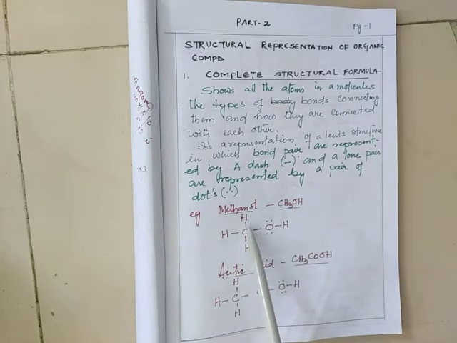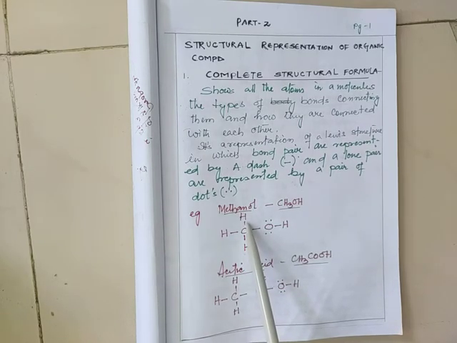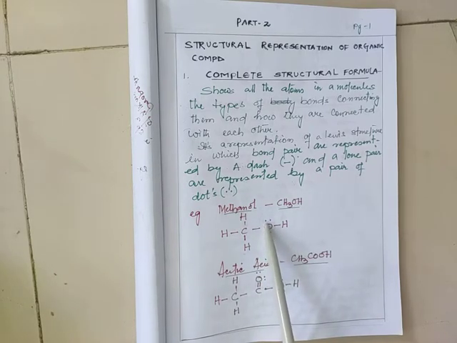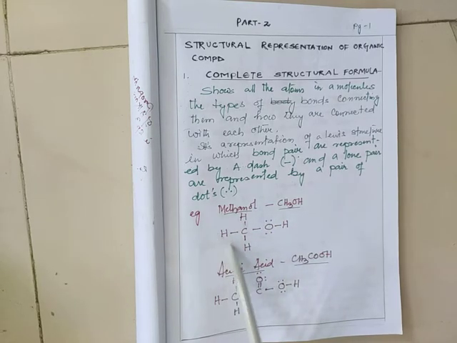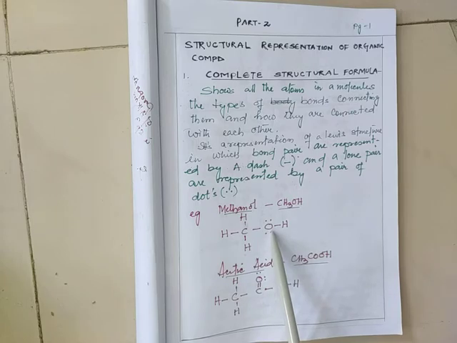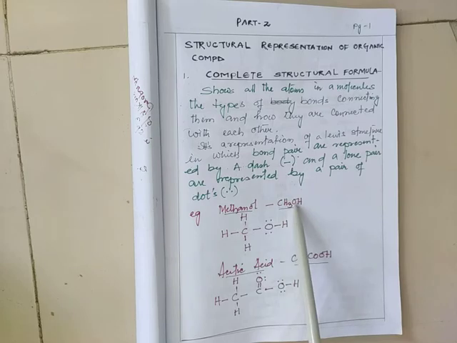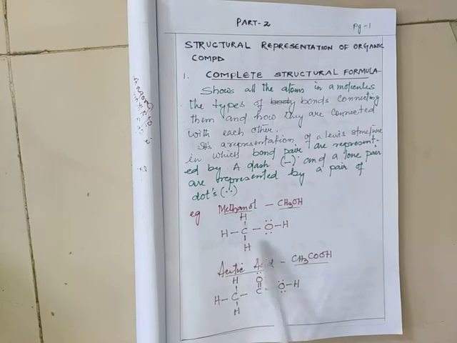Now between this carbon and the hydrogens there is a dash. This dash is a bond only. Like that here also a dash, another one also a dash, and then this also a dash, and then here a lone pair is there on the oxygen atom. Between the oxygen atom and hydrogen there is a dash. So this is the complete structural formula. Now this CH3OH is a short form only, not a complete structural formula. The complete structural formula is this only.